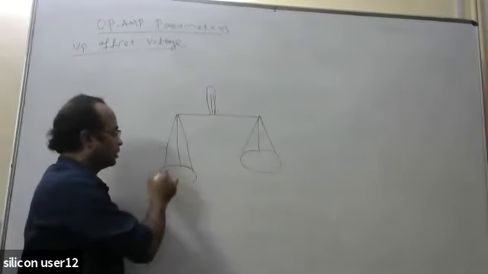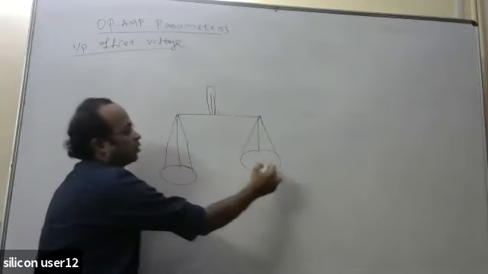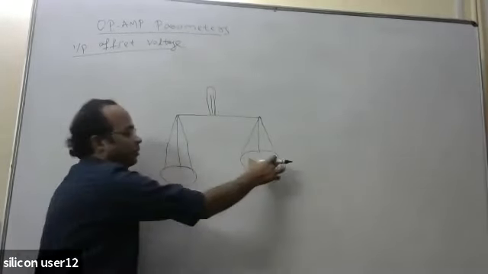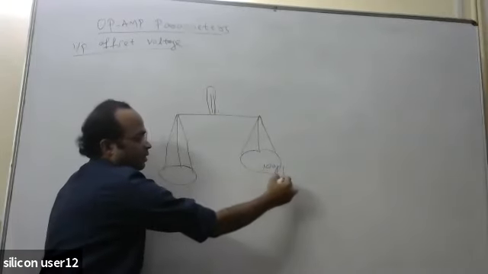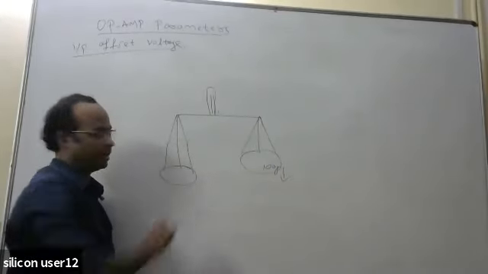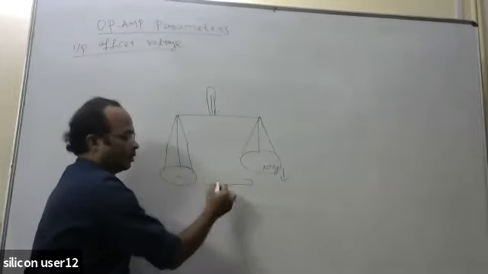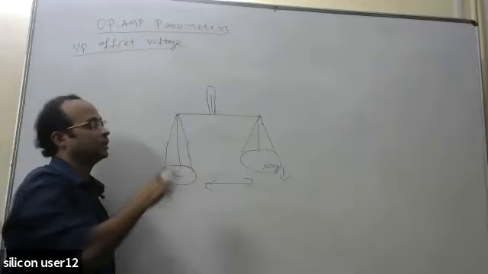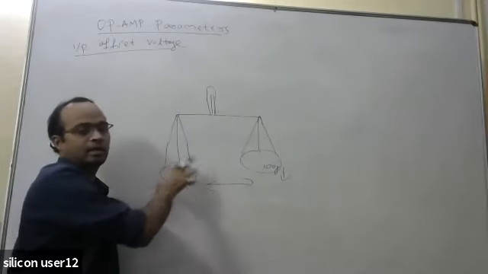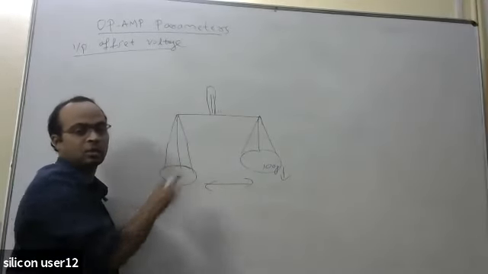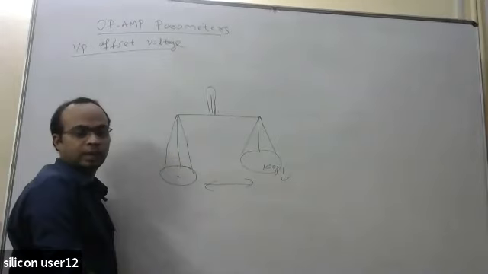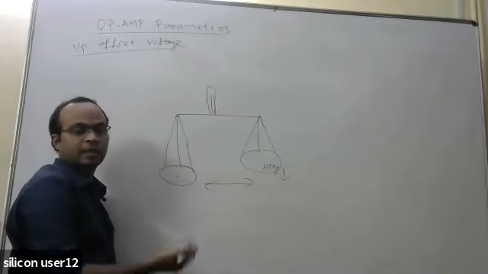So let us say this has come down, so you just put 100 gram here. After putting the 100 gram, you find that both the pans are at an equal level. Think about a simple weighing machine in a shop: if one side has more weight, to balance that you have to put another counterweight on the other side. That is the actual concept.